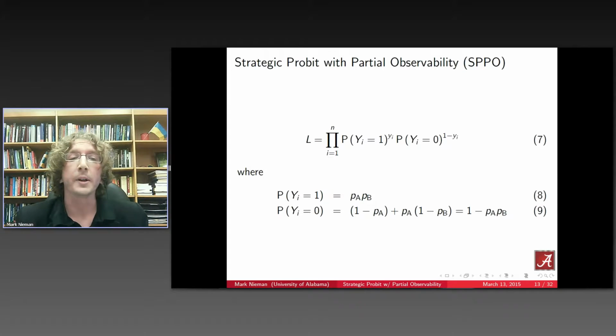In this case, we're going to say that the outcome equation is the same as before, but where y equals 1 is going to be the joint action, the probability that A occurred and the probability that B occurred, whereas y equals 0 is going to be the first term representing that status quo outcome, where 1 minus PA, so the action of not A, plus a probabilistic estimate of the probability that action A occurred and the probability that action B did not occur. So we're going to be trying to pool these